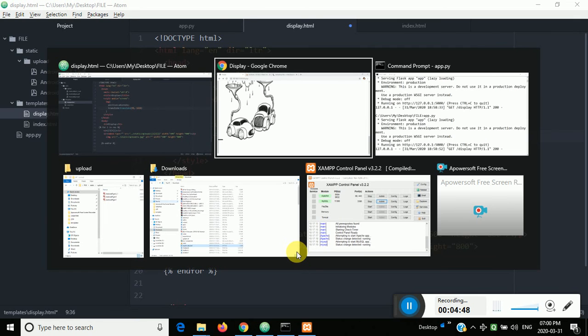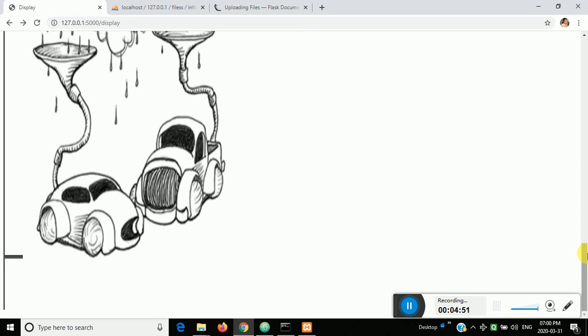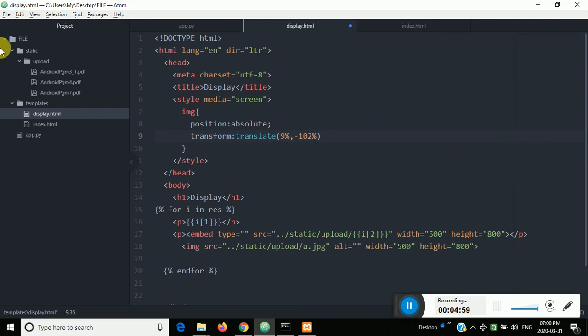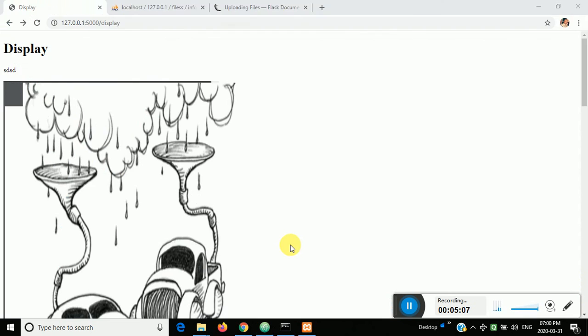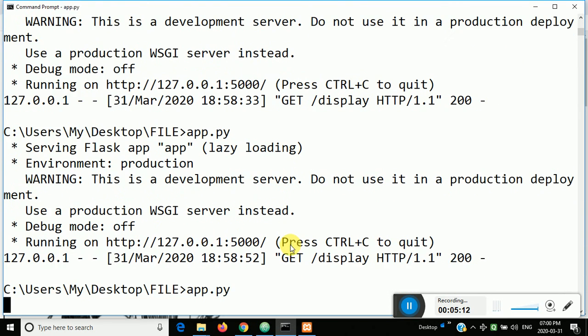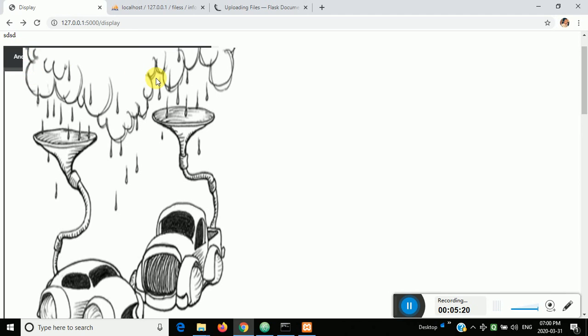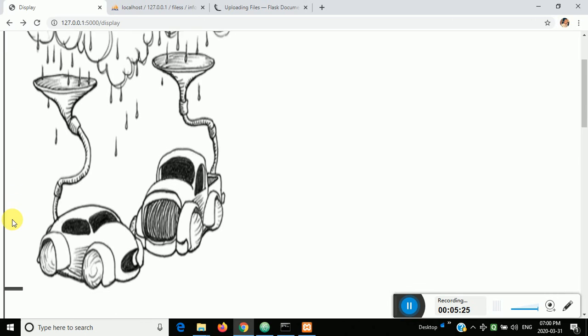How? I'll just show you. See, this is how it will come above the PDF file. Okay, so actually before I have uploaded that a.jpg. Now I have deleted it. Now when I just run this file, see now when I just run this file and I'll refresh it, okay, so here it shows that download is there, here behind PDF is there.